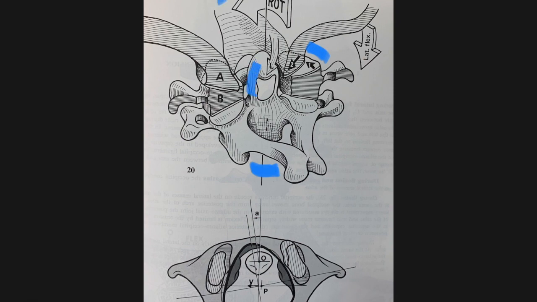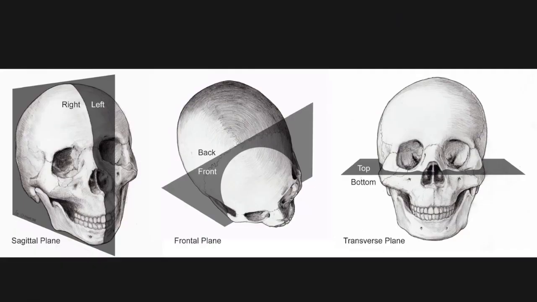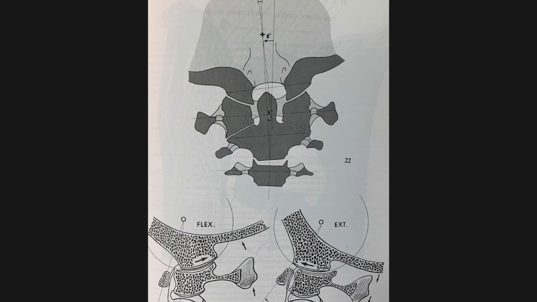There you can see the rotation. And here's another view down here of the rotation. The final plane we're going to look at is the frontal plane, which is made by drawing a line across the skull in that direction. And so a rotation like this to the side and then to that side makes a gesture that might be saying maybe. Lateral flexion is going to be made by shifting the occiput